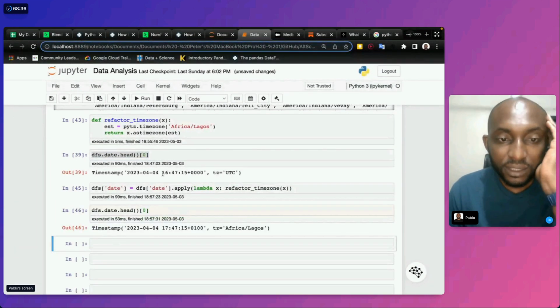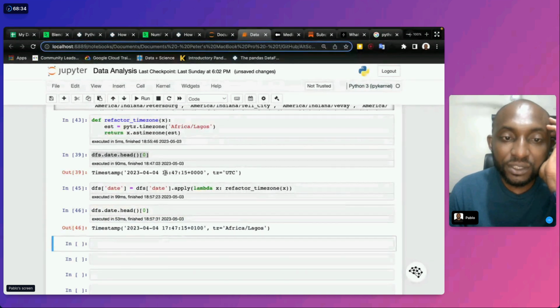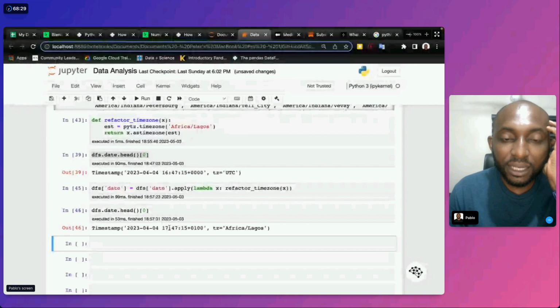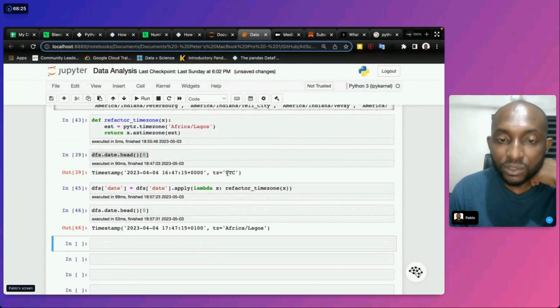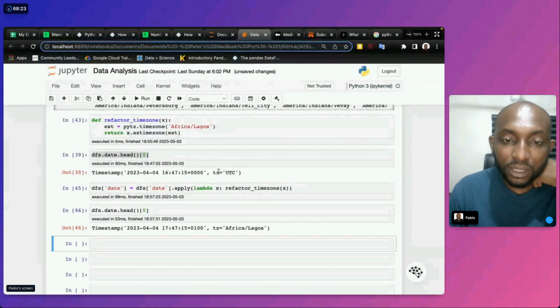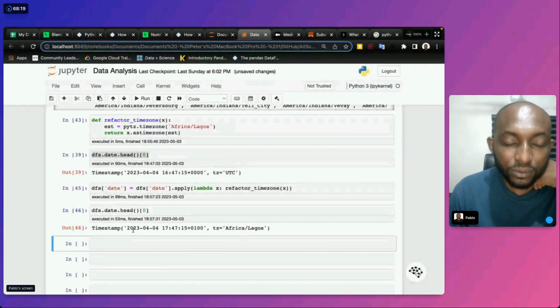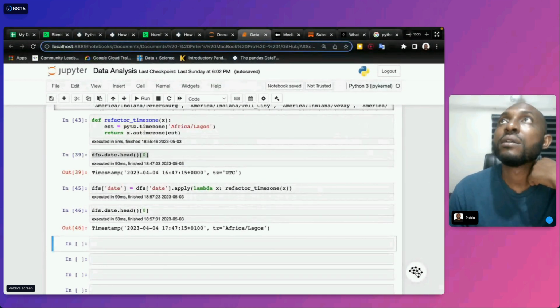Can you see there's been an hour difference change? So you can see that an hour difference change. That means if I was analyzing my timing, it would have been off, because earlier on it was using this universal time, this one here. So yeah, you can see the difference, right?